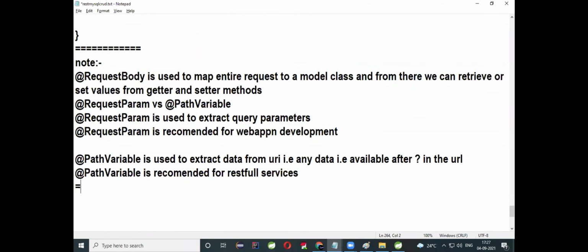Generally, we enter the data through the front end, that is through Angular. For the time being, I'm just testing the service in Postman. If you learn Angular, you'll get some clarity. Let me copy this one and open another URL, and here you can type the request: http://localhost:8787/API/EMP. And here the type of the method you can give is POST.